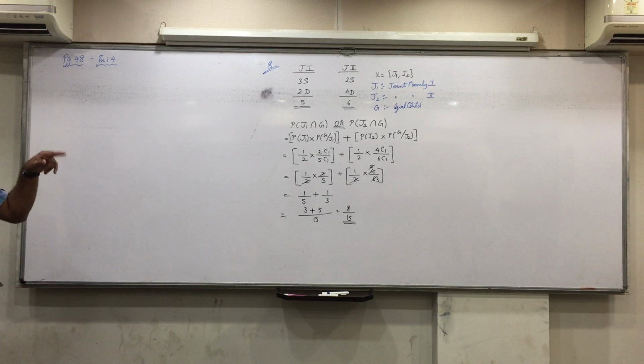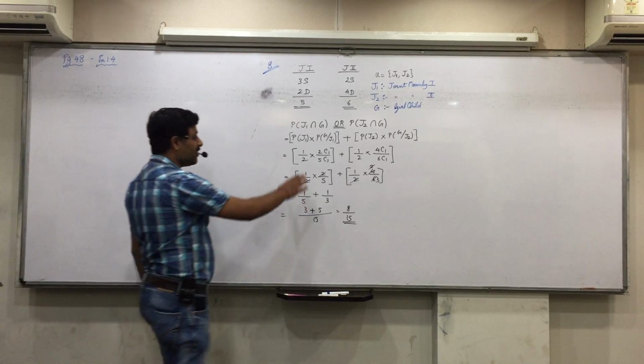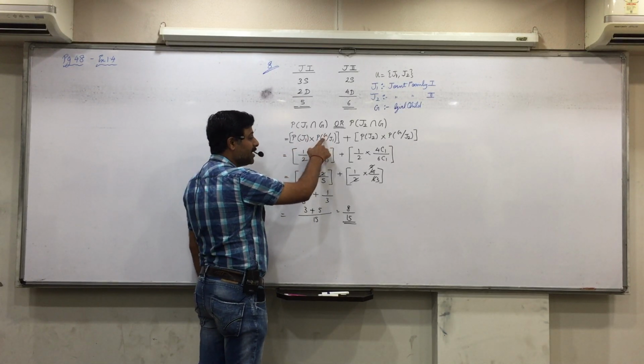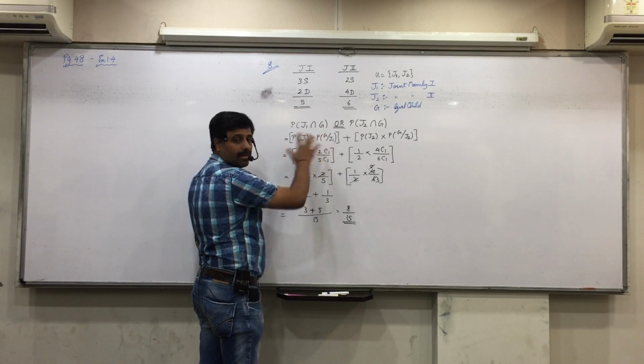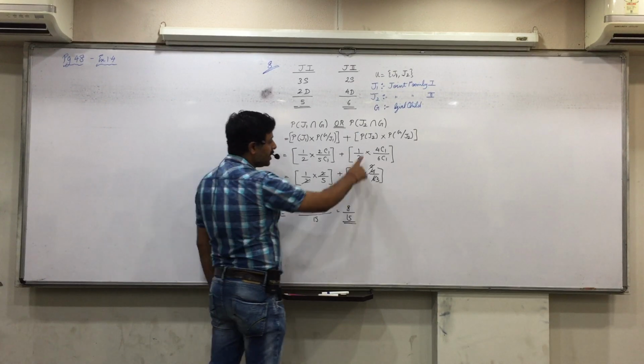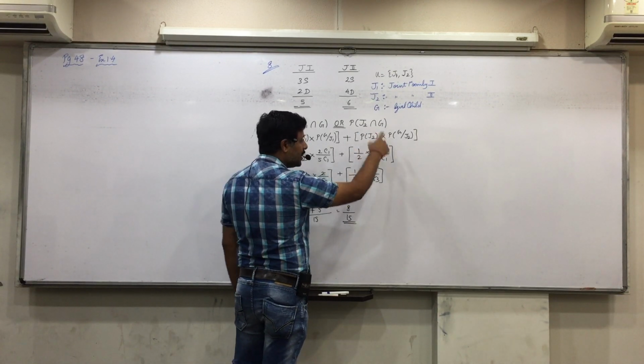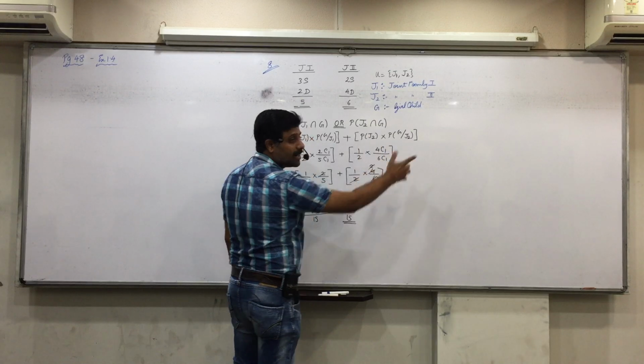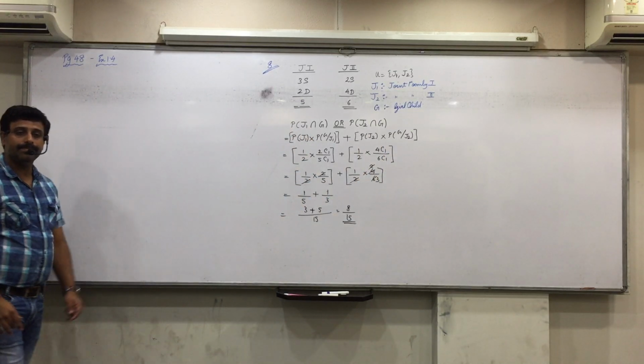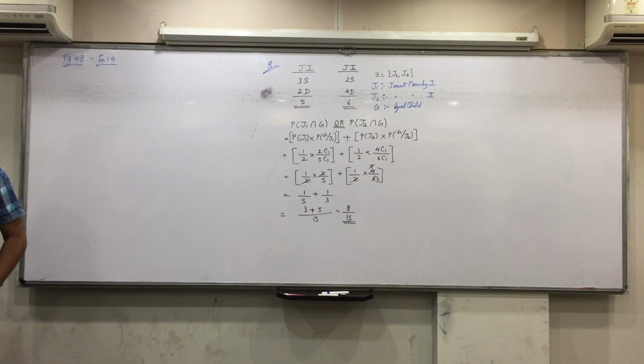Therefore, we have written G/J1. You select the first joint family, and then the probability that it is a girl, given that you have selected the first joint family. Same way you select the second joint family, and the probability of selecting a girl, given that you have selected the second joint family. If you select family 1, then the girl will be from family 1 only, no? So that's why we say selection of girl is dependent on the selection of joint family.